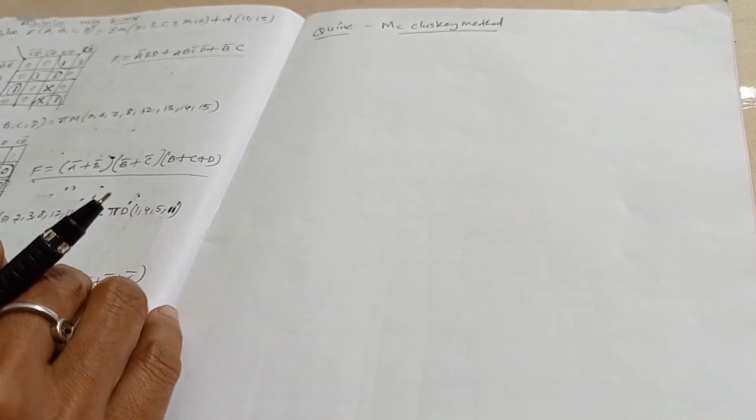As we discussed, one limitation of the K-map simplification method is that as the number of variables increases, the simplification process becomes more complex. To avoid this limitation, we are going for the next method, that is the Quine-McCluskey method. Now we'll see the procedure for doing the simplification using this method.